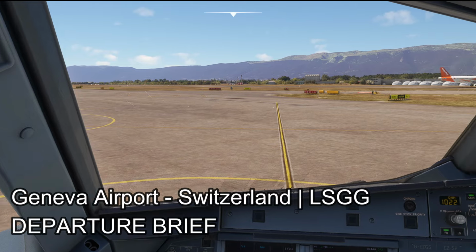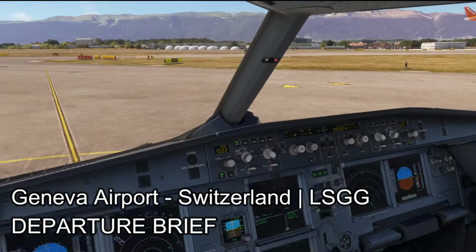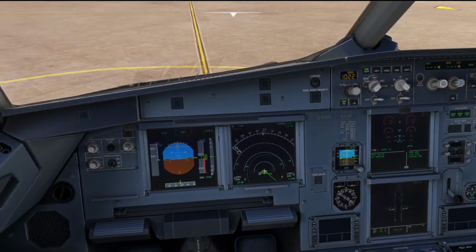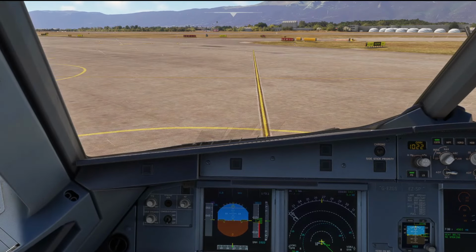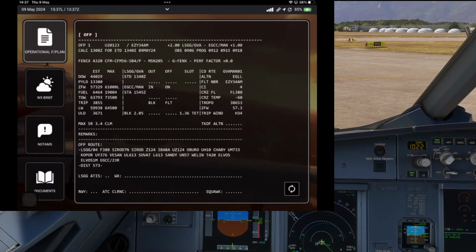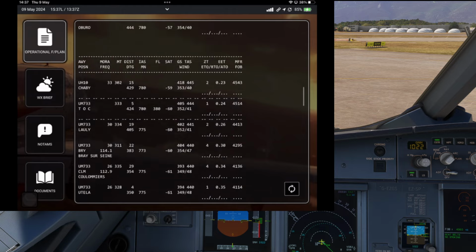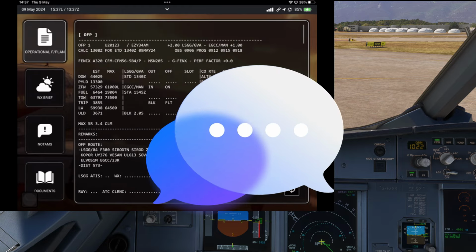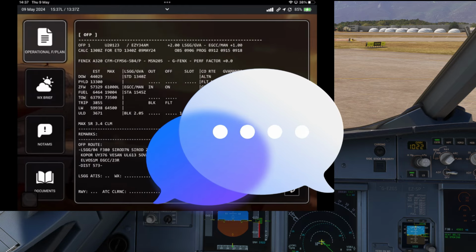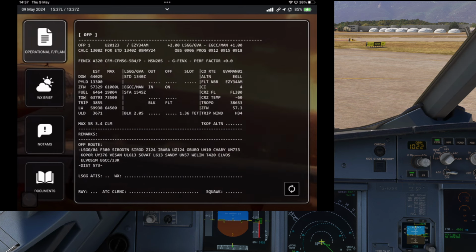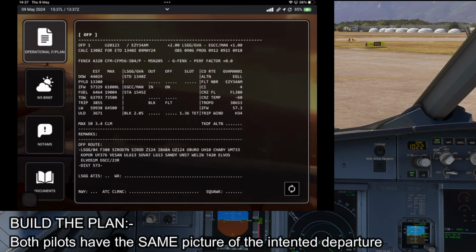So as we did previously, the aircraft is all set up, the box is all set up. We've been through our operational flight plan, we've checked all the NOTAMs and things like that. There aren't any today actually, so that's quite nice. And the next thing then is to just communicate to the person sat next to you and you guys, as we do on our live streams, basically what the plan is going to be for the departure, and to look at any potential threats and things, and once we identify any threats, how we're going to mitigate those and be